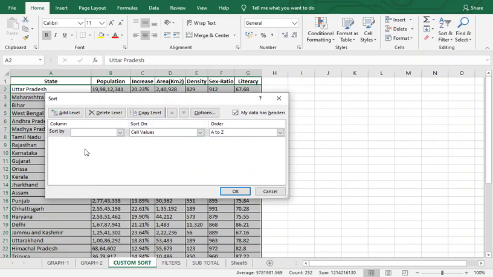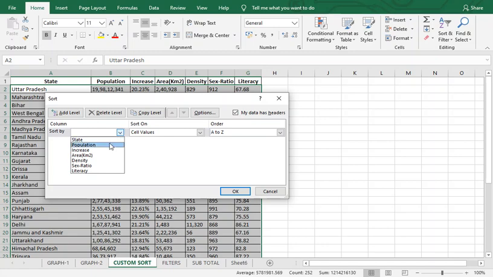As you can see, it gives you various options here, like sort by column, sort on cell values, and sort A to Z or Z to A. A to Z basically means from lowest to highest, which is ascending order, and Z to A means from highest to lowest, which means descending order. We'll try both the options, and let's first sort by population.